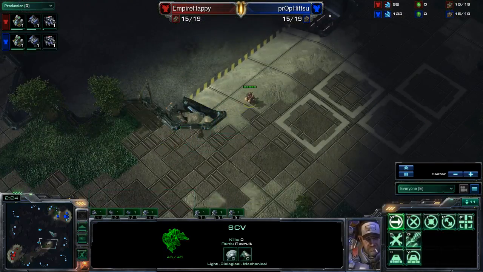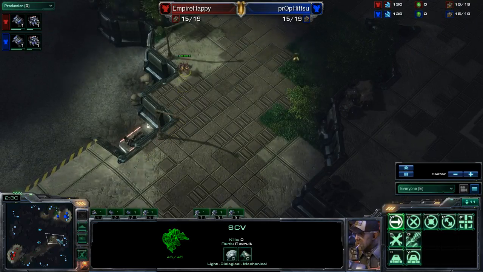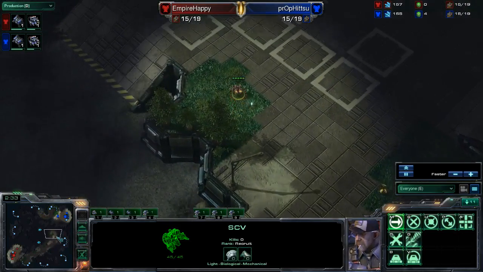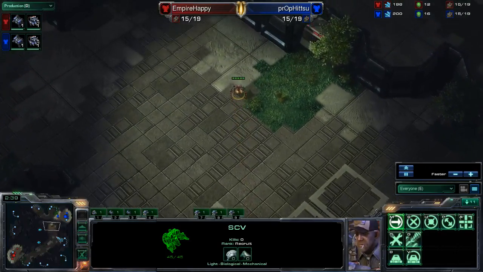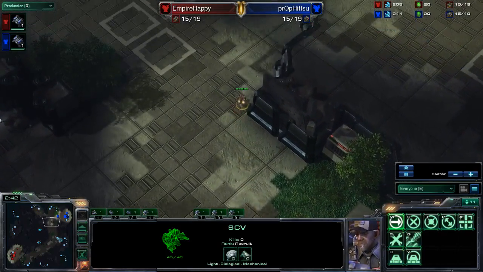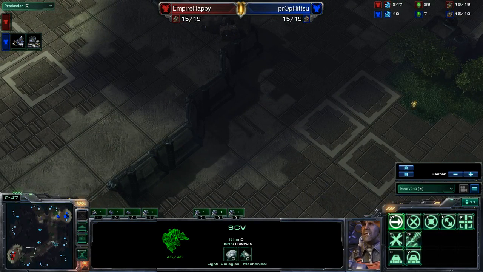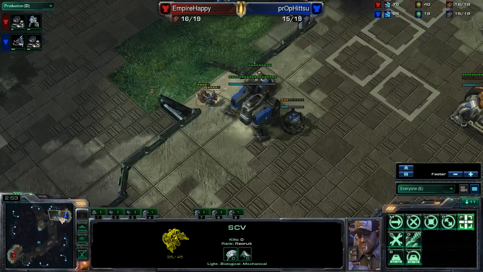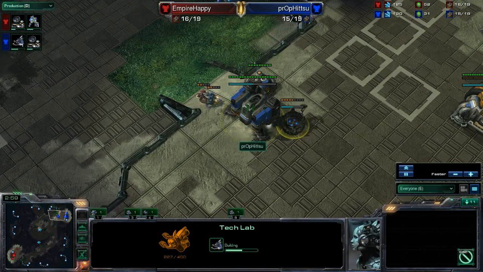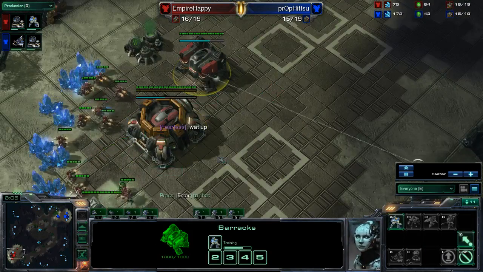In the meantime, EmpireHappy is sending this SCV over here to the right, and this is kind of a strange scouting pattern, and I wonder if this is intentional. He's going to be dropping some sort of barracks or not, and no, it looks like he's just going to use that to scout, so I wonder why he went along that path instead of just right across the middle. Not quite sure. But he is going to go ahead and get over here and scout his opponent and see that his opponent is opening with a tech lab. So this, of course, could be...